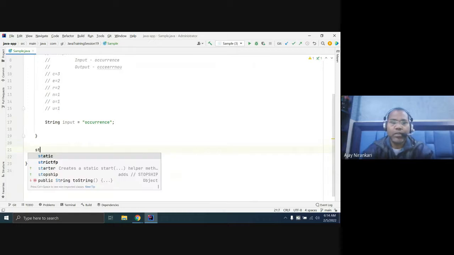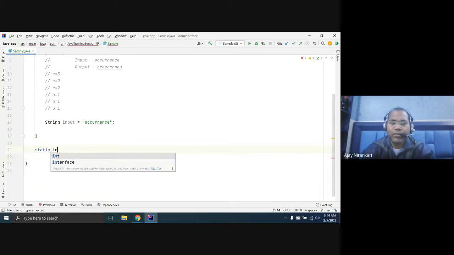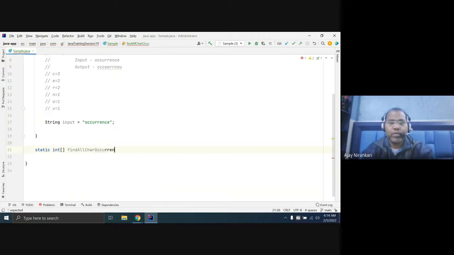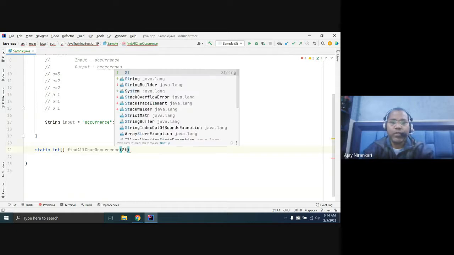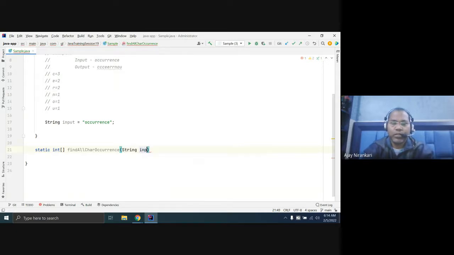Let me write a method that will return an int array, find all occurrence, and let's give it one input, whatever input we are receiving.